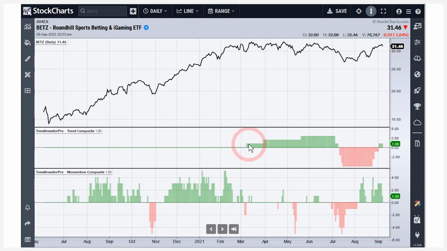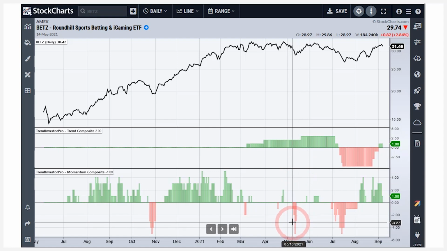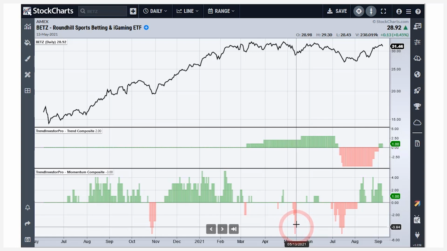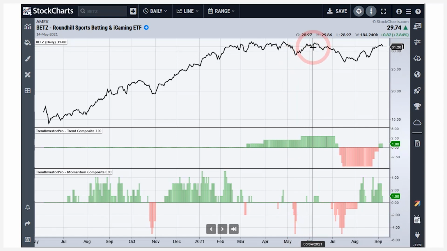So when the trend composite is green, uptrend, you're looking for oversold conditions. And so we got one of those in May. And if we go over here, we can see that I like to see at least 3 oversold indicators, and that would be -3 in the indicator. And there you can see on May 12th, we had all 5 indicators oversold. And then the next day, May 13th, we had 3 of the 5 oversold, and that gave way to a